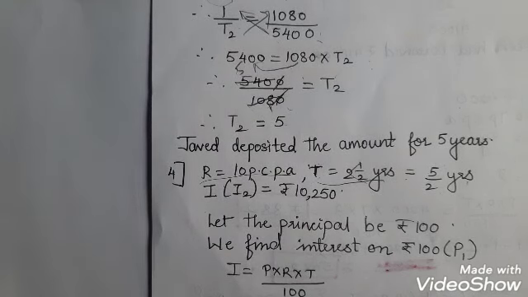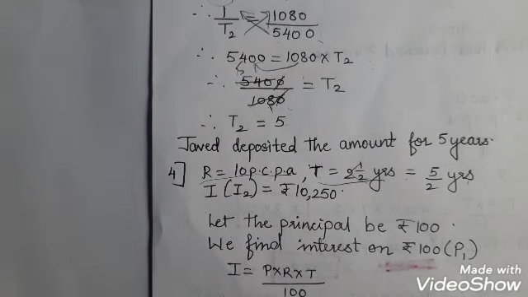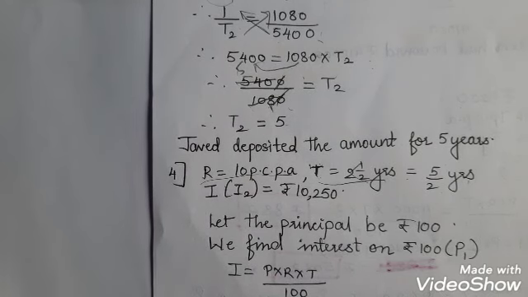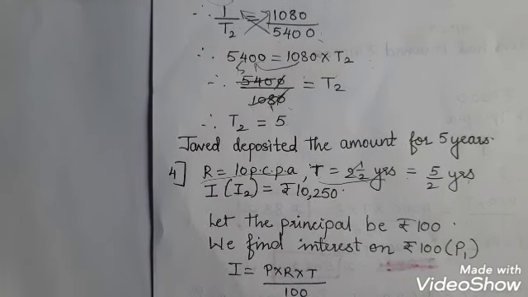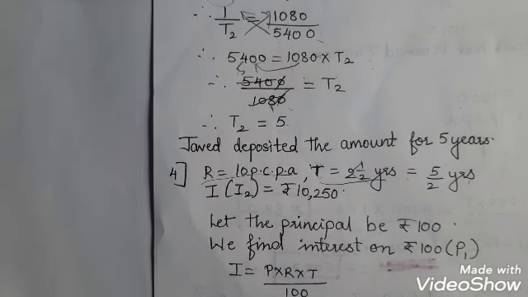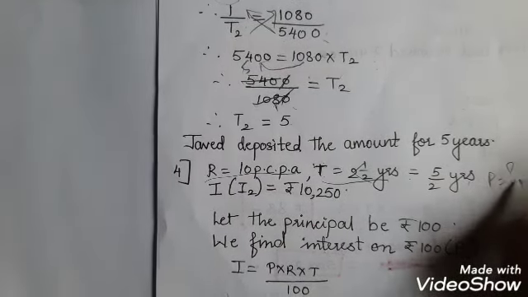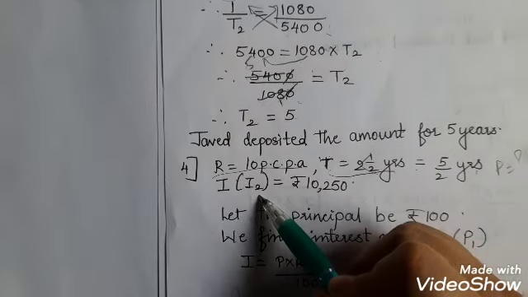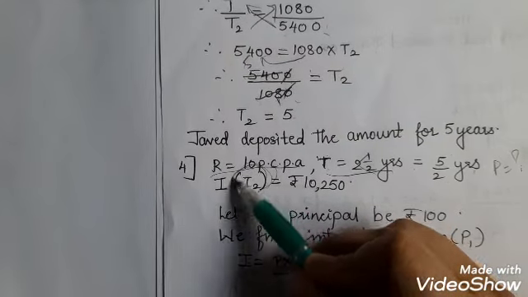If she paid rupees 10,250 as a total interest. So now here, if she paid rupees 10,250, that is the total interest. Okay. How much money had she borrowed? So you have to find how much money she borrowed from the bank. So we have to find the principal. The interest is given to us, but that is the second part of the question. So that is the second interest.